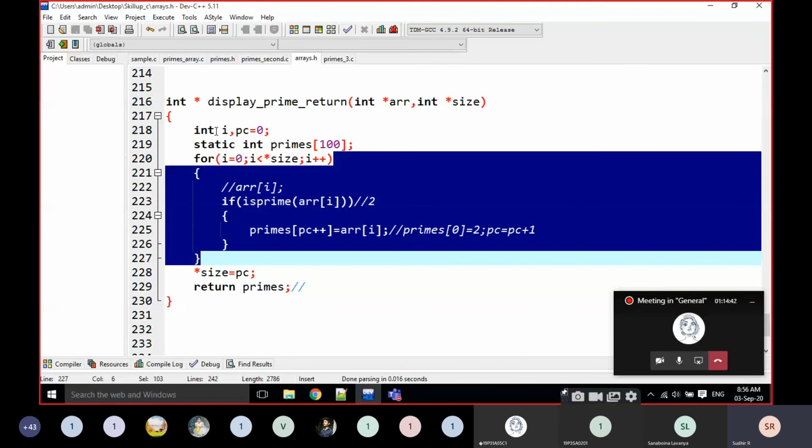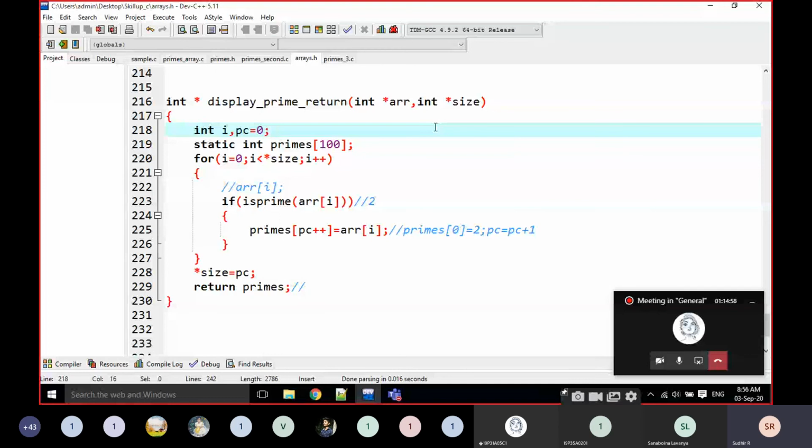The inside logic is the same, but the methodology, how we are returning the values and how we are getting the values, is different. Is it okay, everyone?